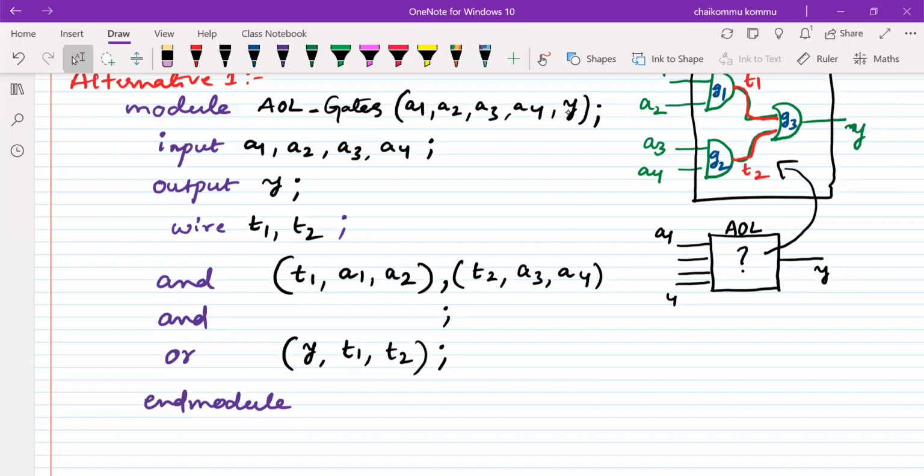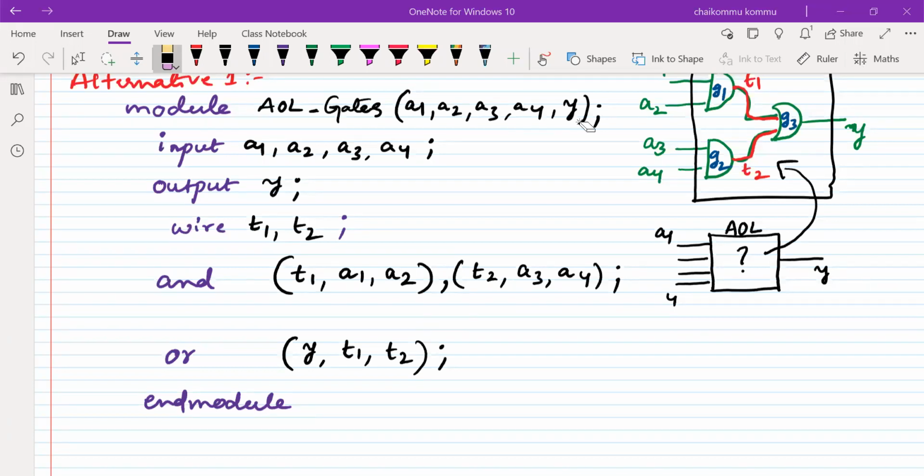So this is how I can write. Clear? If the same type of gates are there, then it is possible to write them adjacent to each other. This is one of the alternatives. For the OR gate, only one OR gate is there. AOL is nothing but just a name I have given.